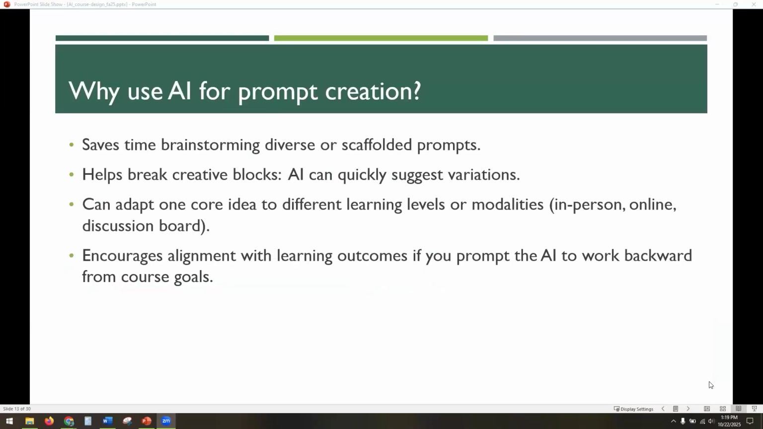In general, why would you use AI for creating your assignment prompts? It helps you to save time. Again, we're going to keep coming back to that. But the brainstorming of diverse and scaffolded prompts, I think that one of the ways I look at AI is it's